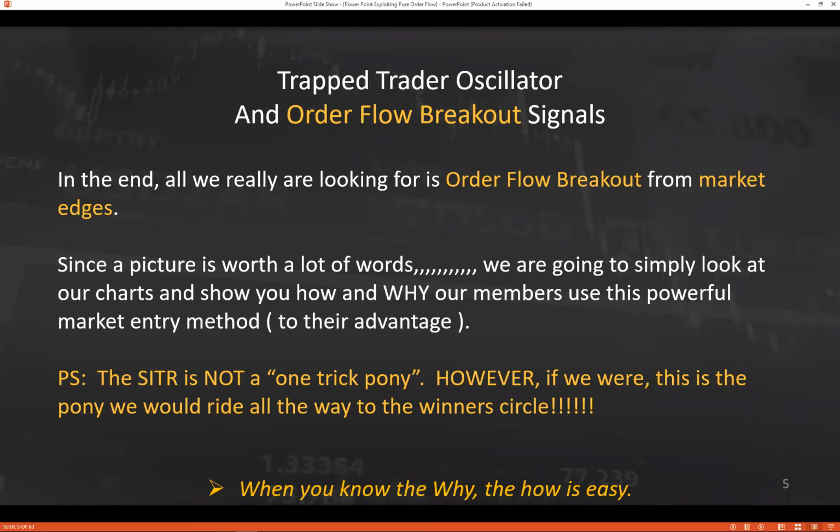So it's probably easier to find a strategy that we have that makes sense to your belief structure. And then over time, if you decide you want to adopt something else, then it's a whole lot easier. So we're not a one-trick pony. We offer traders of every imaginable level and experience of trading help and advantage to improve their trading. However, if we were a one-trick pony, this probably is a pony that we would ride all the way to